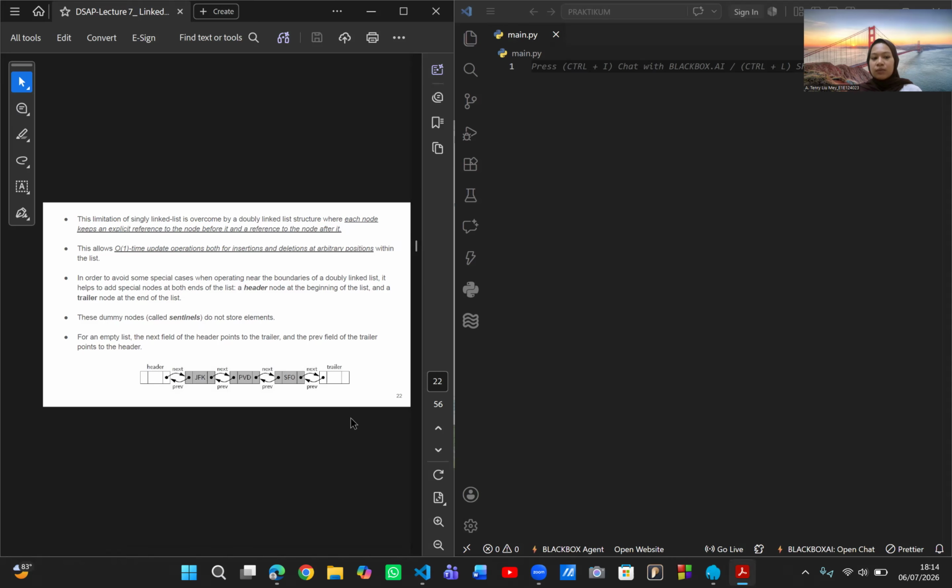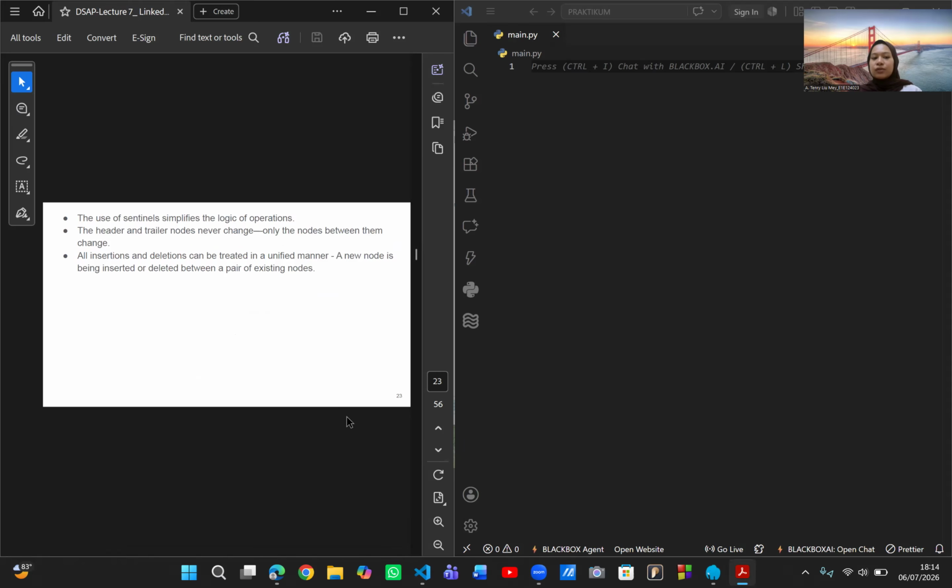In order to avoid some special cases when operating near the boundaries of a doubly linked list, it helps to add special nodes at both ends of the list: a header node at the beginning of the list, and a trailer node at the end of the list. These dummy nodes, called sentinels, do not store elements. For an empty list, the next field of the header points to the trailer, and the prev field of the trailer points to the header. The use of sentinels